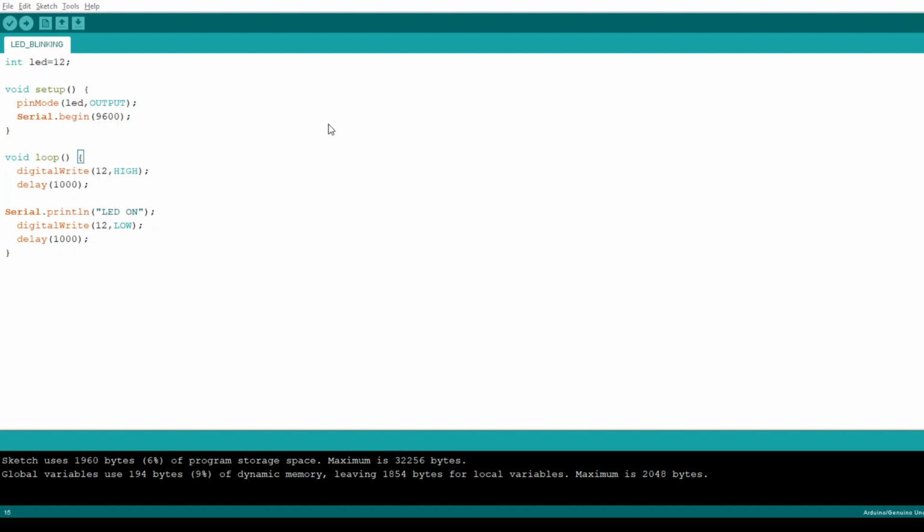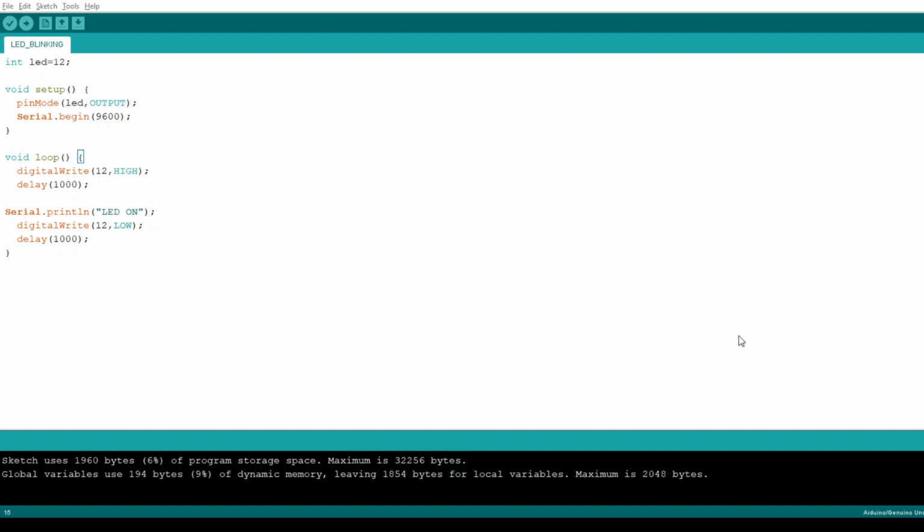LED on, 1 second delay, then LED on. Whatever I give in the double quotation marks in this line is shown in the serial monitor. Here I am talking about the baud rate, right? Here it is 9600 baud rate, and in the serial monitor I am also putting 9600 baud rate.